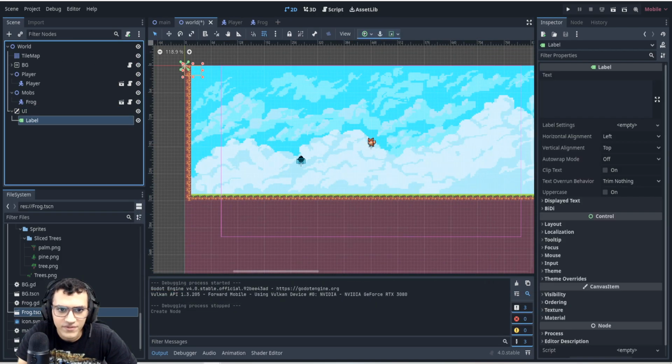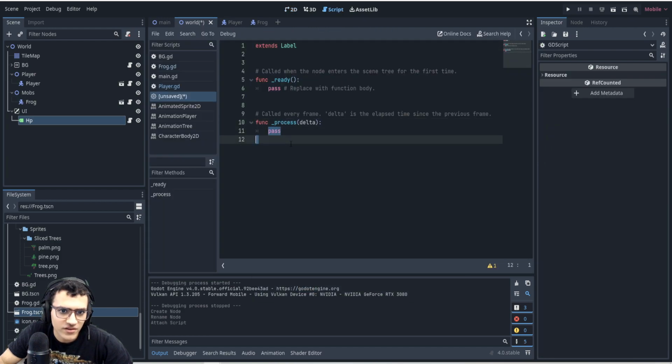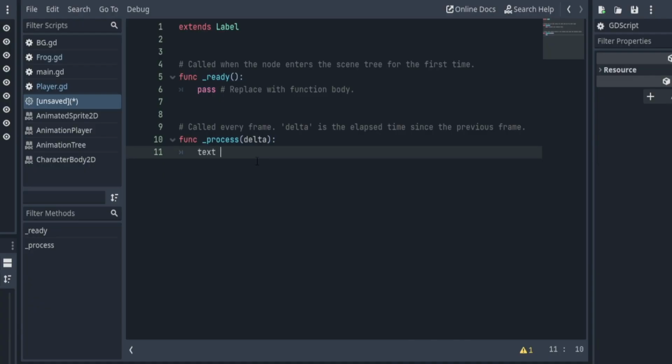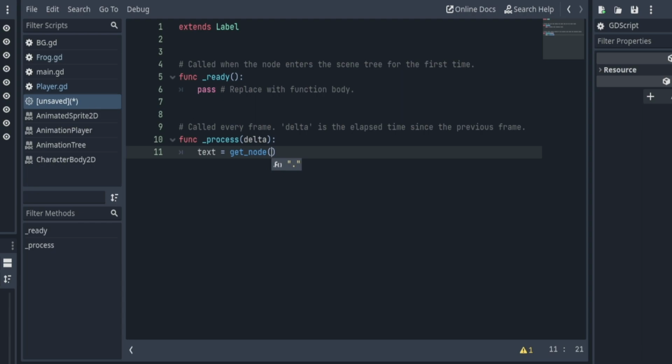Let's add a label to print out our HP. And this, let's rename it to HP. We're going to add a script. It's going to be built in because this is very simple. Let's go to the process function. And what we'll say is text equals get node. We want to get the player